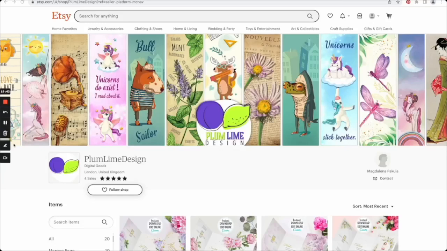All right, let's see this one. Digital shop in London. Plum Lime Design. It's kind of a cool name. Like the logo, Plum Lime Design. Maybe they should add a word in the logo over here. Digital goods. I'd like to see this shop description be a little bit more specific with some long tail keywords